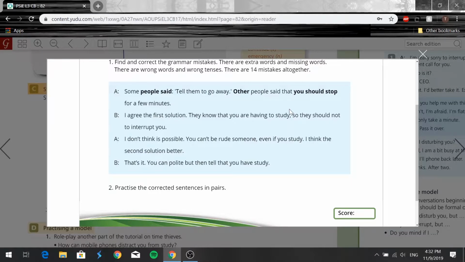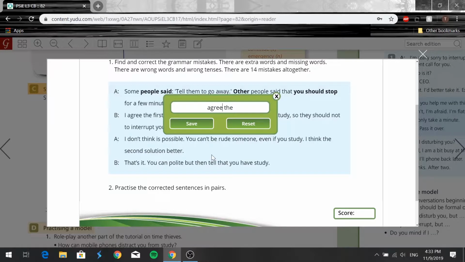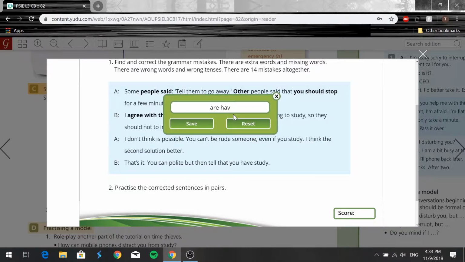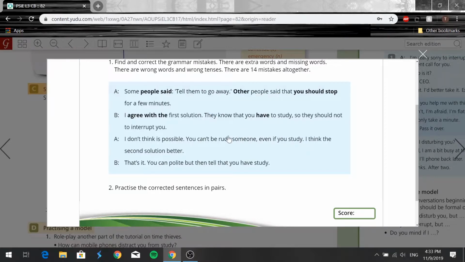They know that you're having to study, so they should not to interrupt you. Oh, okay. I agree the first solution. We'll have to add with here. Agree with, right? Agree with the first solution. They know that you have, not having, so we'll get rid of that. You will get rid of are, so and just add have, so that they know that you have to study,